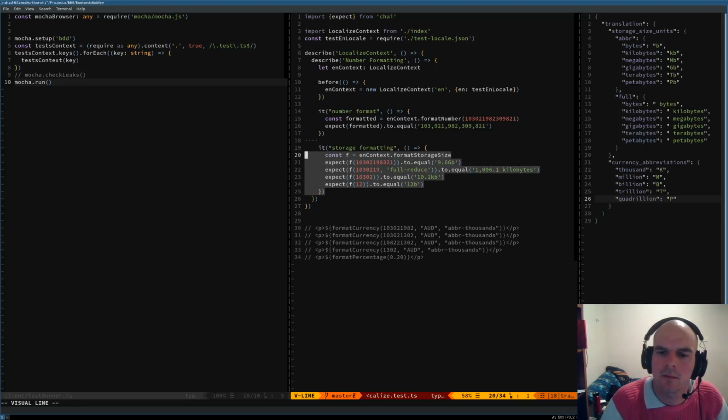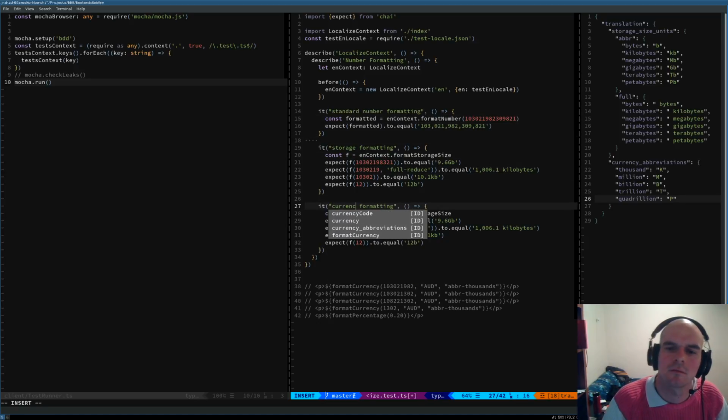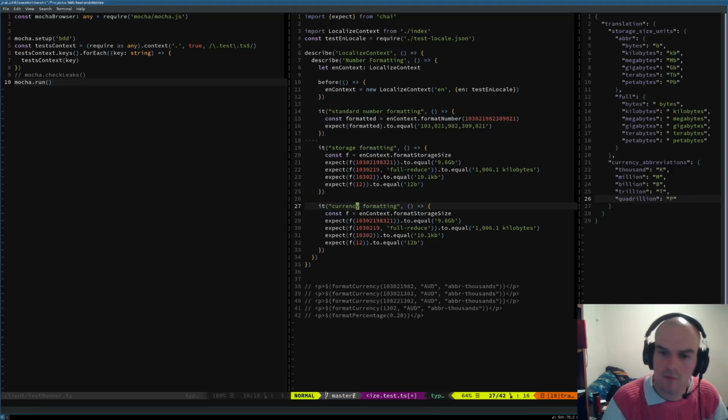All right, next up, currency formatting. So with currency formatting, again, we want to grab the same function.